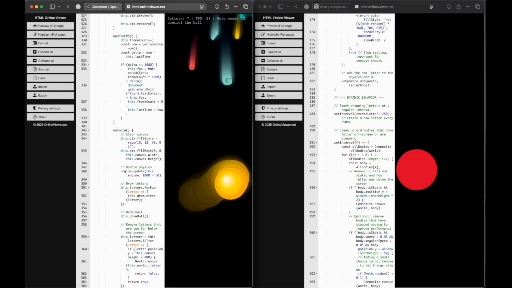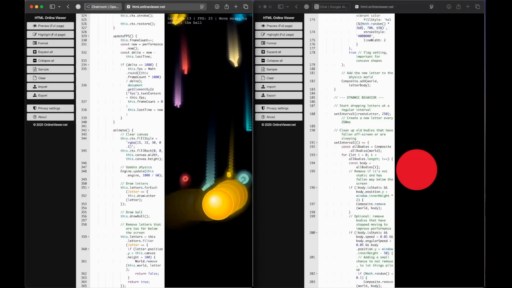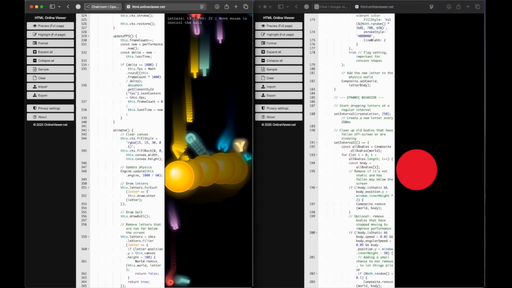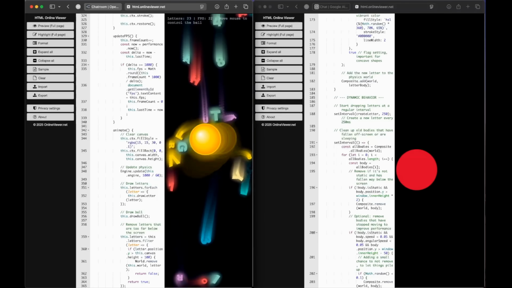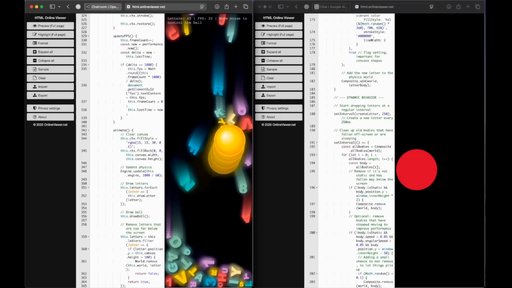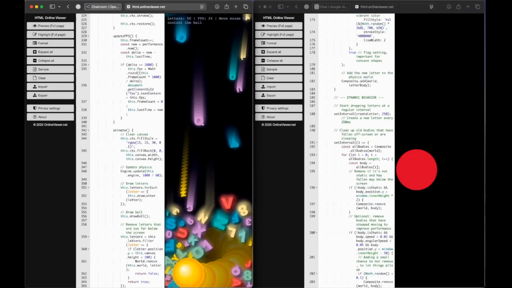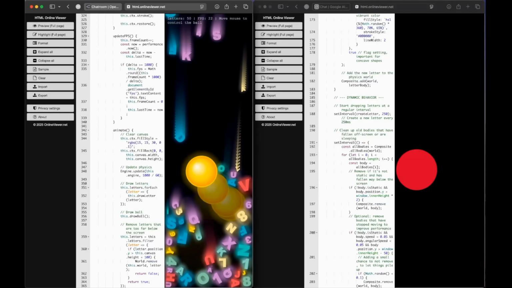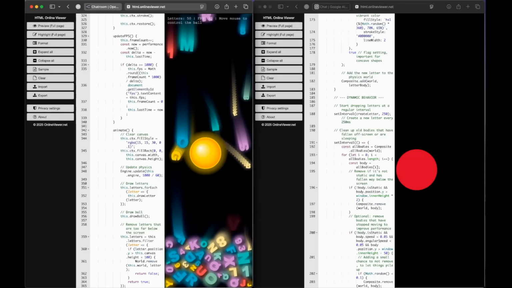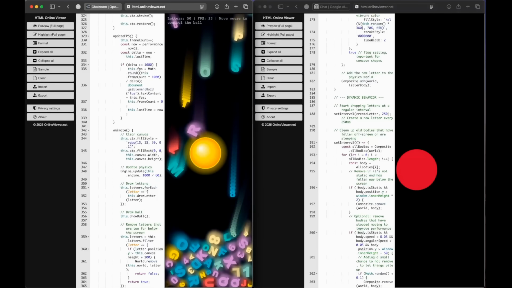We have a ball and the letters are also there, but we have trails for the letters as well and for the ball as well. Anyways, it has got the letters and also the bouncing is actually working. Also the letters are not kind of stiff and they are rotating and tumbling over the ball. So comparatively again a better response from Opus 4.1, a win. Let's move on to the next